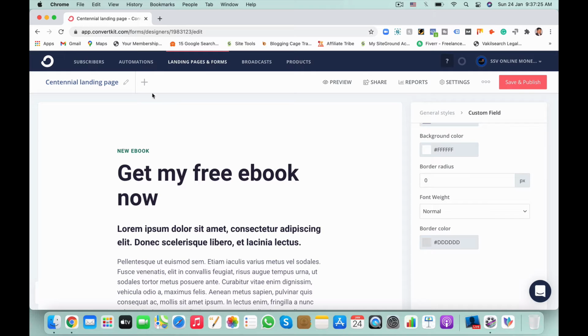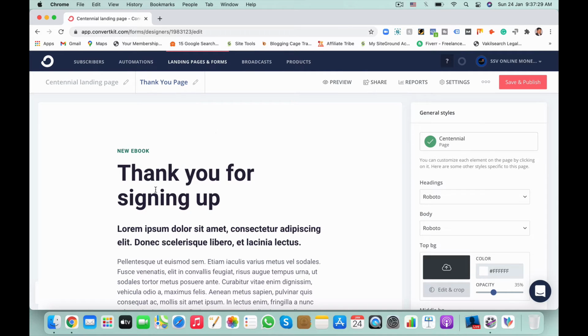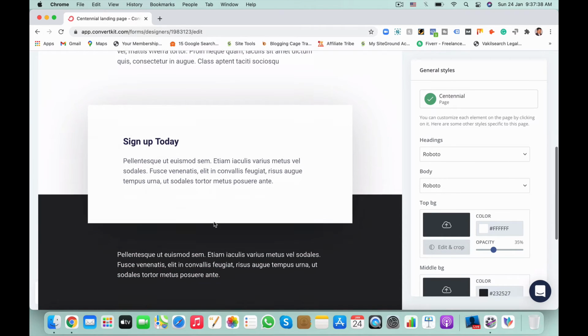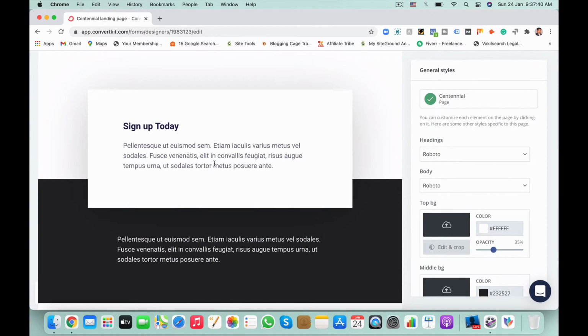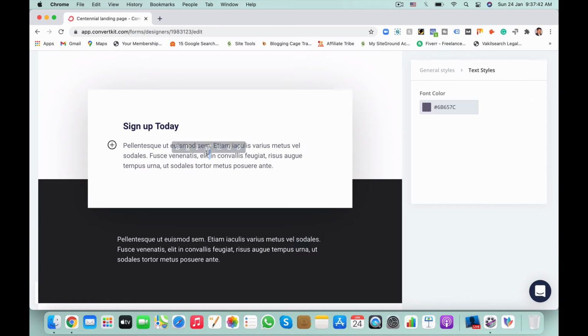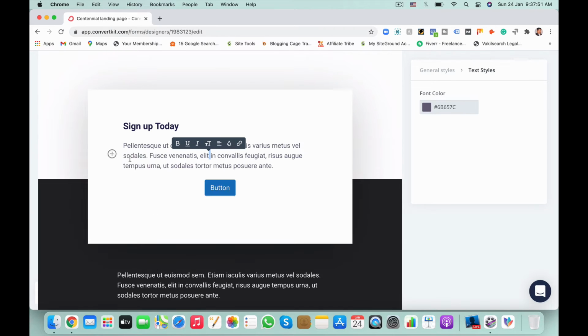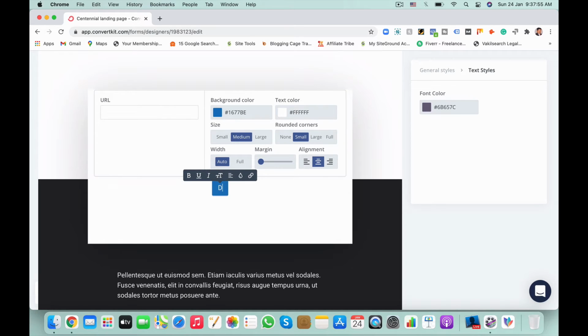Then save and publish. Before that we have to create the thank you page, with content like thank you for signing up. You have to take care of the content. ConvertKit has a feature where you can add a button, download.